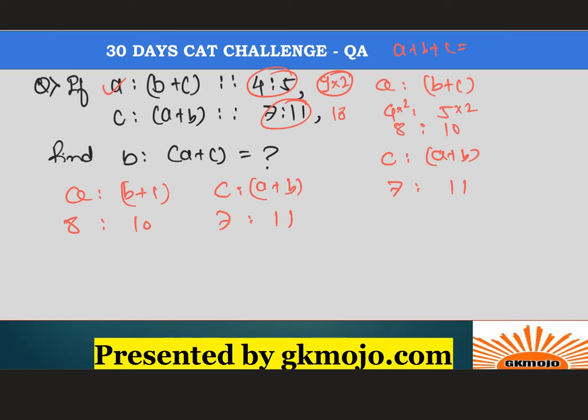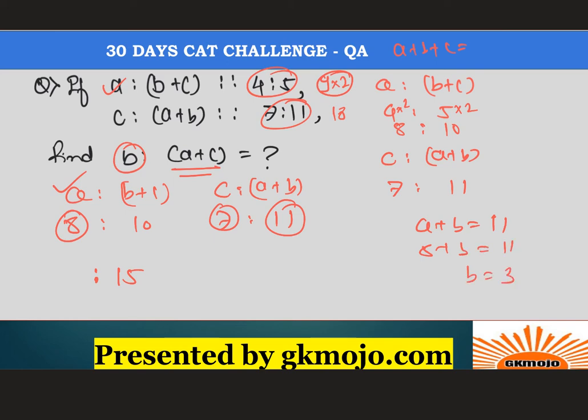Okay, what have they asked? They have asked you B. Okay, so B, they have asked you A plus C. What is A plus C? 8 plus 7, all right, which is 15, right? As simple as that. Now A plus B is 11, right? And the value of A we got as 8, right? So 8 plus B is equal to 11, B is equal to 3, 3 comes over here, 3 ones are 3, fives are 15, final ratio is 1 is to 5.